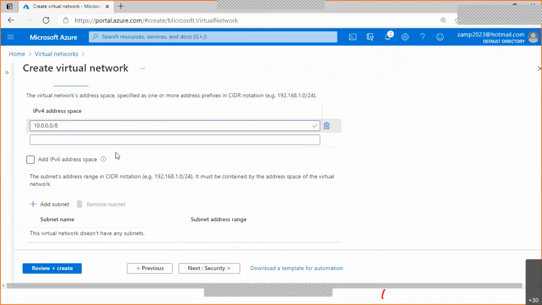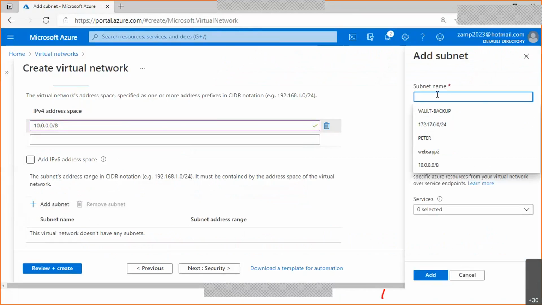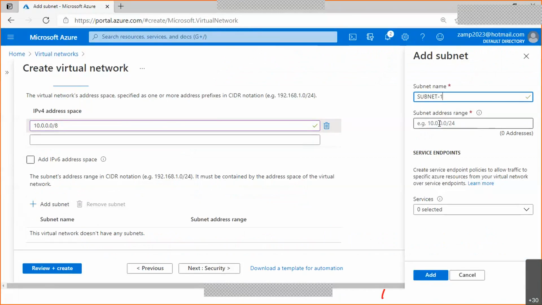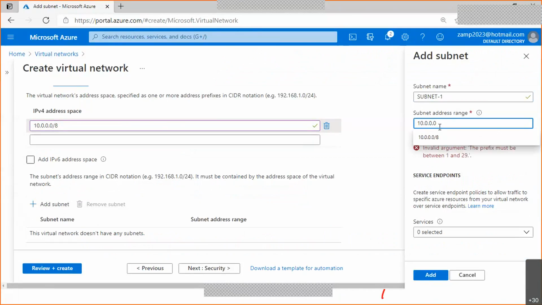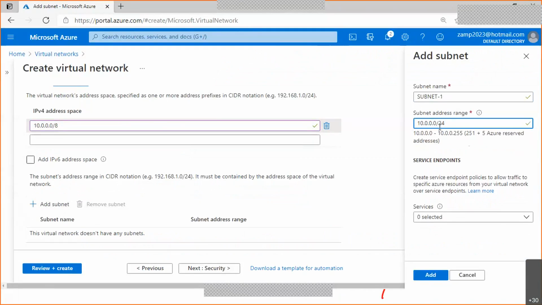Then next, it's asking for a subnet here. So click on add subnet. On the right side, guys, it's asking the subnet name. So I'm giving the name subnet one here. You can give your own name. Then the address range of the subnet, 10.0.0.0/24. Okay, so the range will start from 0 to